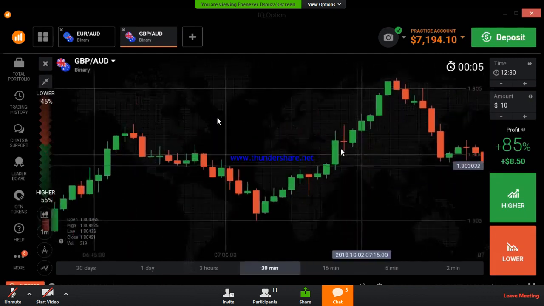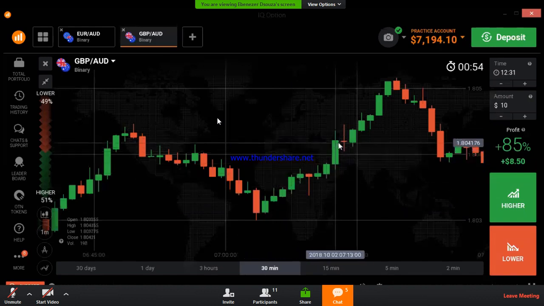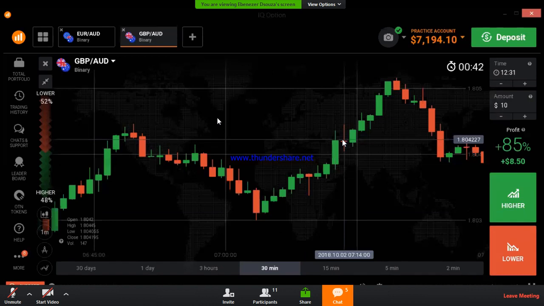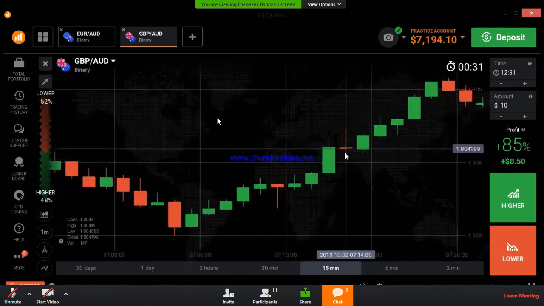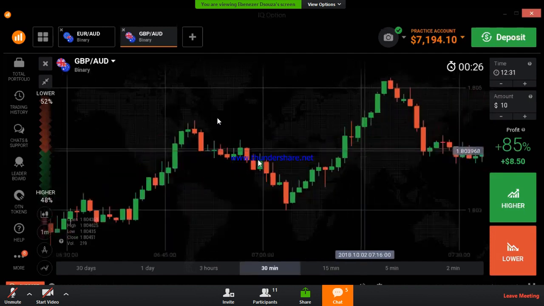So you can see here, this is a spinning top candle. This is a very strong candle. You can see this is an uptrend, right? This is an uptrend, strong bullish movement. After the spinning top, buyers will enter because this is a very strong candle, and this candle is a very weak bearish candle. It means there are not enough sellers. That's why it formed as a doji candlestick. If this candle closes as a bearish candle, it means there are some strong sellers, right?